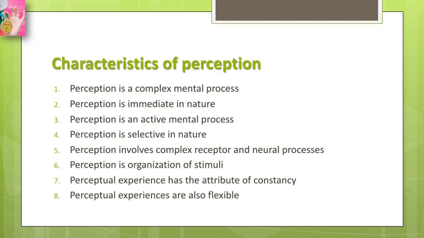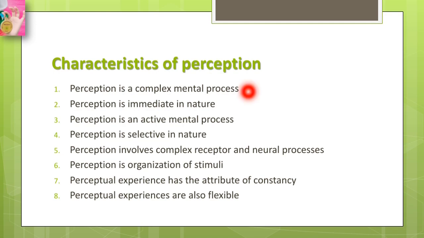Now, perception, as we have just defined and described, is an active mental process by which the sensory input is organized and interpreted through mental processing done by the cortex, which is the higher center of the brain. So this processing involves the operation of a set of variables that intervene between sensory stimulation and cognition in reality. So this kind of experience has certain characteristic features which we will be discussing in this video.